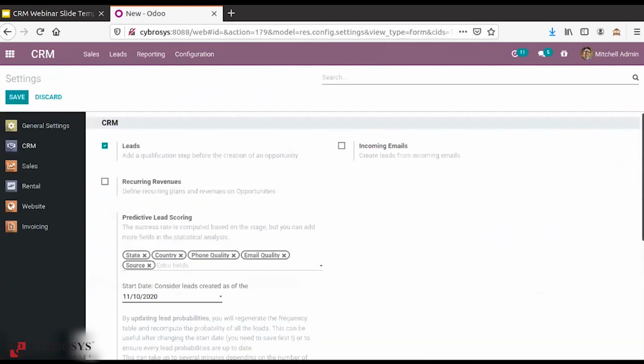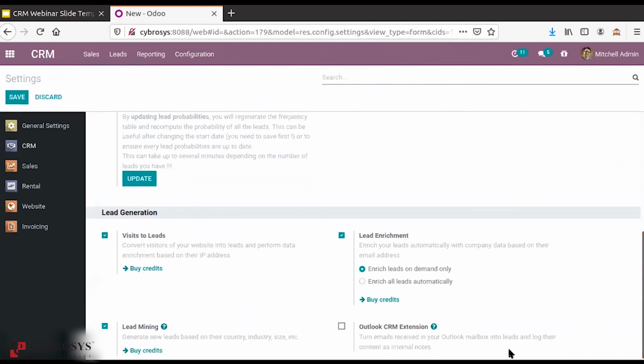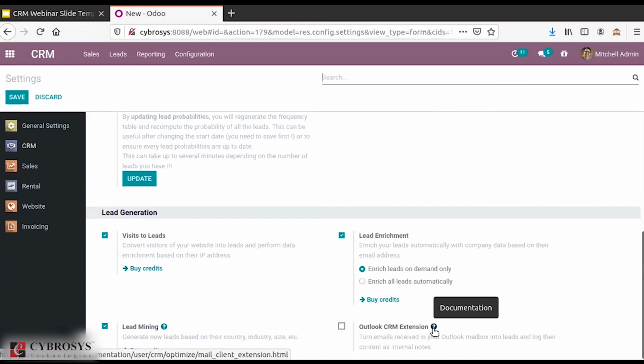Here you can see, as I have told you, this type. So it is very easy to understand each and every field placed in the settings of each module. Upon simply clicking on a field, it will redirect you to the corresponding documentation of that field. These are some of the features brought up in Odoo 14.